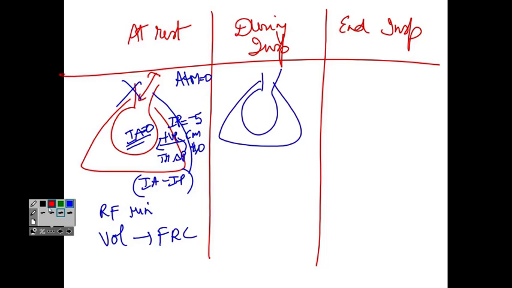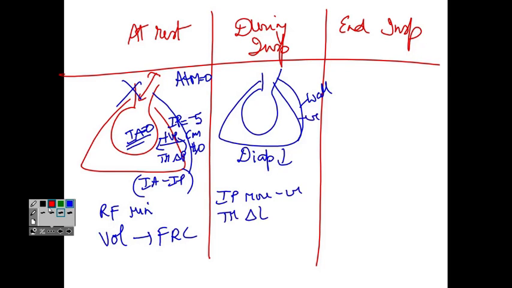During inspiration, what's the first sequence of events? Contraction of the diaphragm, it moves down, the chest wall moves away. So as the chest wall moves away, what happens to the degree of separation between the layers of pleurae? They are pulled apart. So what's the first change happening? Intrapleural pressure becomes more negative. If this becomes more negative, what will happen to the transmural pressure gradient? That will become more positive. And if it becomes more positive, it will apply a traction force around the alveoli. So the alveoli will get stretched. And when the alveoli get stretched, there's more volume.